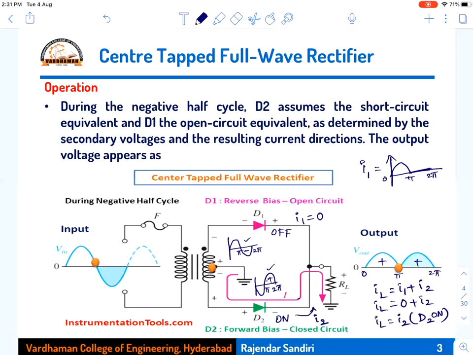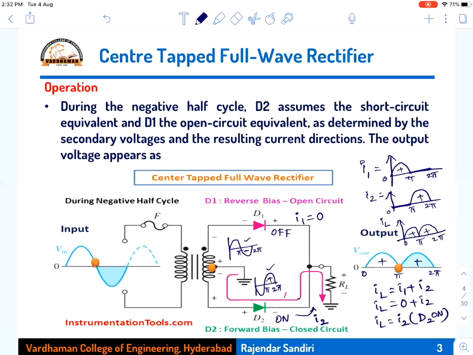Okay, so the next second, I2 current will be, first 0 from 0 to pi, then after that you will be getting the current from pi to 2 pi. So if you add both of them, then the overall load current you will get is IL, which is I1 plus I2. If you take this, positive plus 0 will be positive only from 0 to pi. If you add both the waveforms, then this is 0, this is positive. The second half cycle, pi to 2 pi, will also be positive.